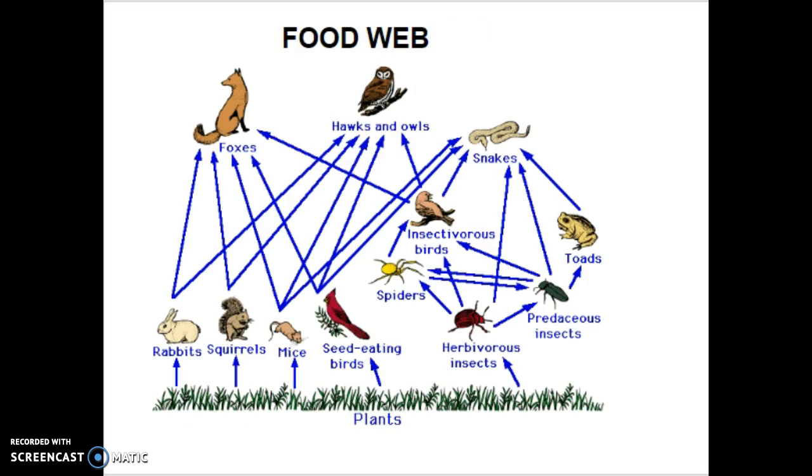A food web, on the other hand, again, this is a better picture of what really goes on in an ecosystem. Not to say that in any given day, these consumers actually consume all of these different organisms, but they could. And so a food web really shows everybody's relationship in the community.